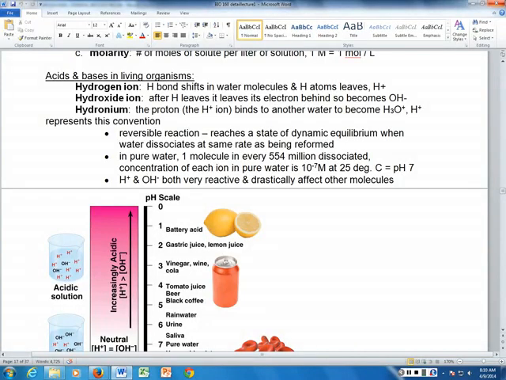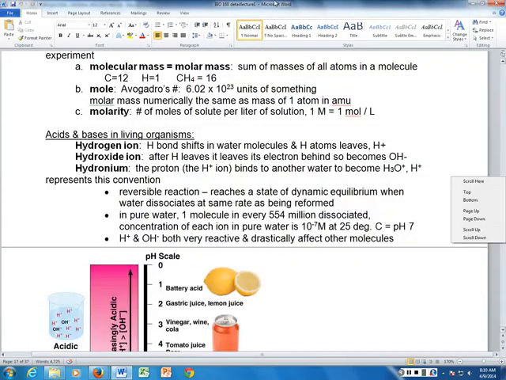Okay, so acids and bases. One of the reasons we look at acids and bases in living organisms is a lot of times the pH change of having more acid or more base is going to be what's going to turn something on or off in a system. So if we look when we split water,